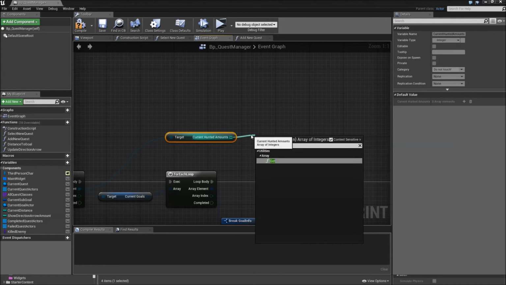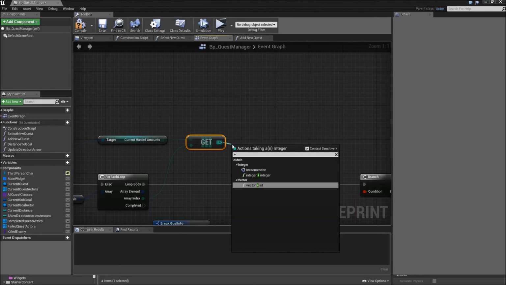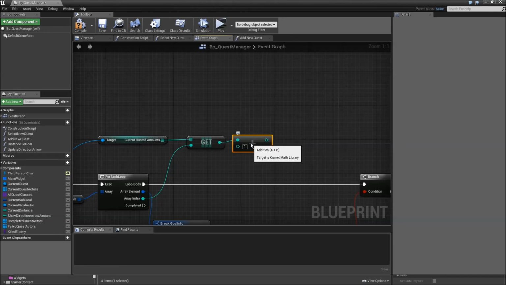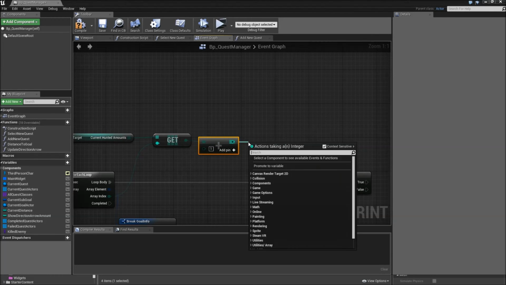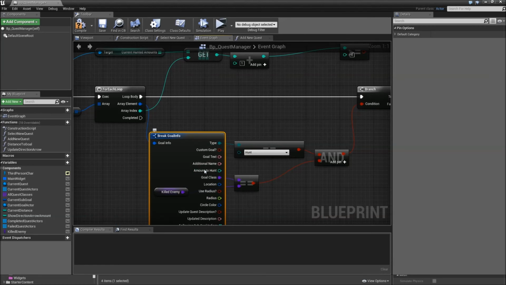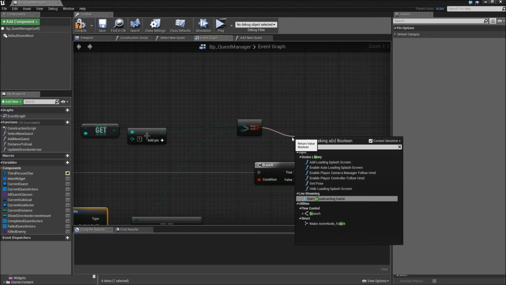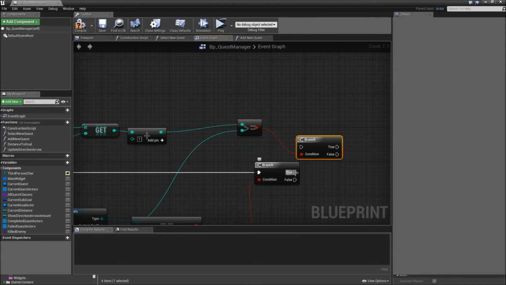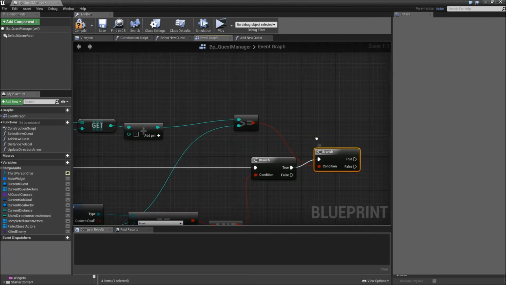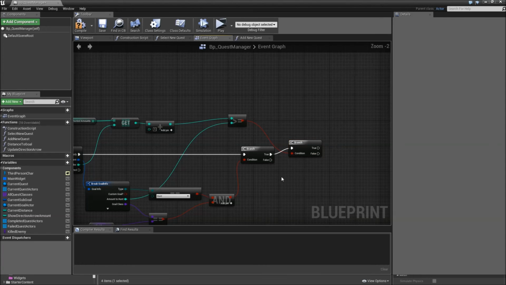Get from that, add the array index of our second for each loop, really important. Then we will add 1 to that, and we want to check whether that's greater or equal to the amount to hunt of our break goal info. For that we want to add a second branch, connect that to the true path of the first one. If it's true, that just means that we killed the last enemy that we had to kill in order to